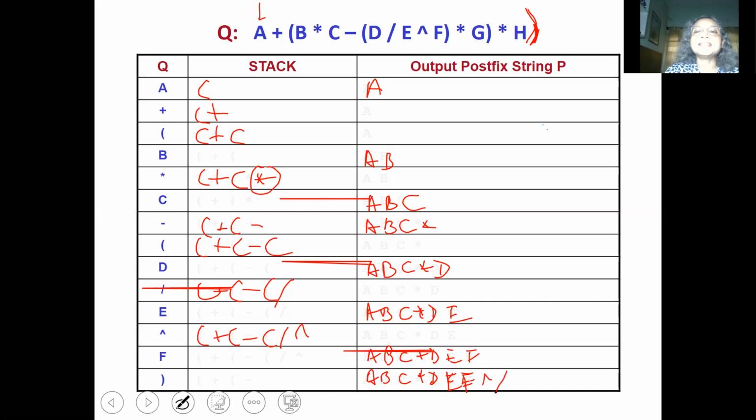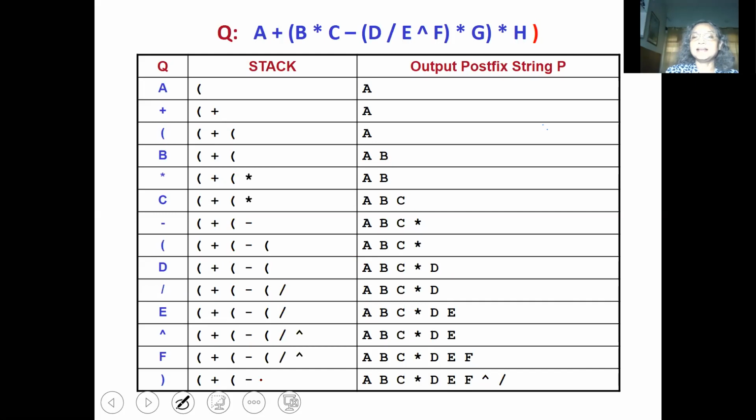Exponentiation slash, and this star will be put into the... So we have this right parenthesis. So we will be removing everything up to the left parenthesis. So up to this left parenthesis, everything is removed. So we will have slash. So this is not the rule. The rule is when you get a right parenthesis, you remove everything up till the previous left parenthesis. So this is the situation, and this is how it looks at the end of this step. And we are here.